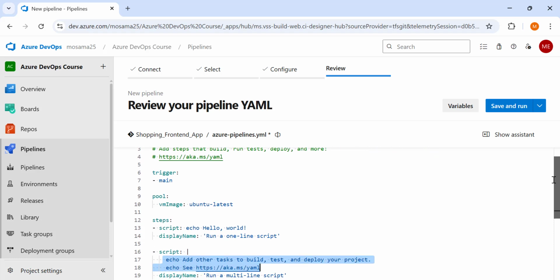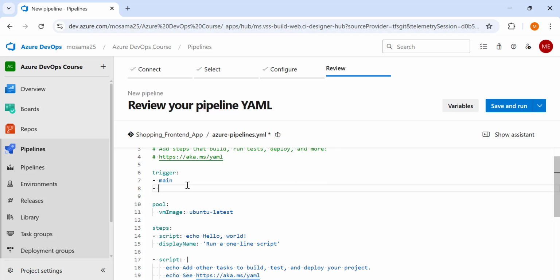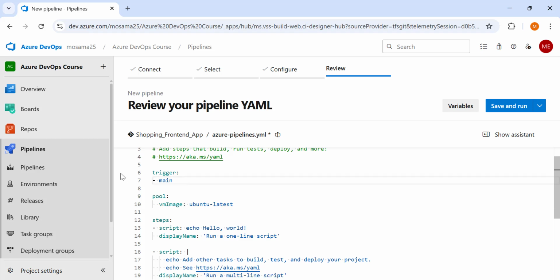The YAML syntax consists of keys and values and lists. First, there is the trigger key. This trigger key is for the triggering method. By default, it triggers on push. And here, in this list, when you see this dash, it means it is a list. So we can write a dash here and write the second element of the list. This value in the list is the value of the branch. So now this pipeline is triggered when there is a push on the main branch. This is the branch name. So that's the first thing, the trigger.